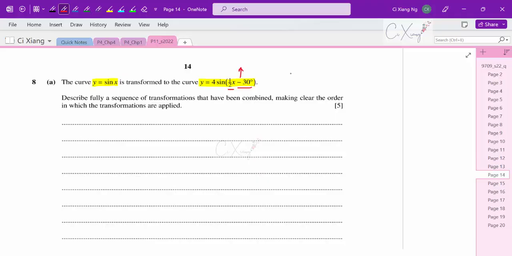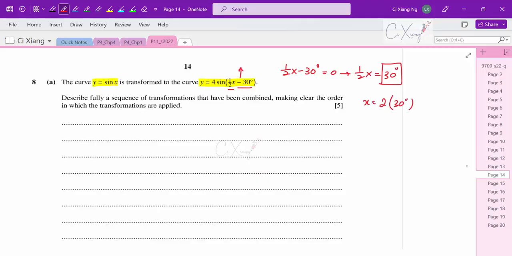That means when we have half x minus 30, the first one, we let it equal to 0. So the first step is a translation first, because when you move the 30 over, this is the first translation that we have, followed by